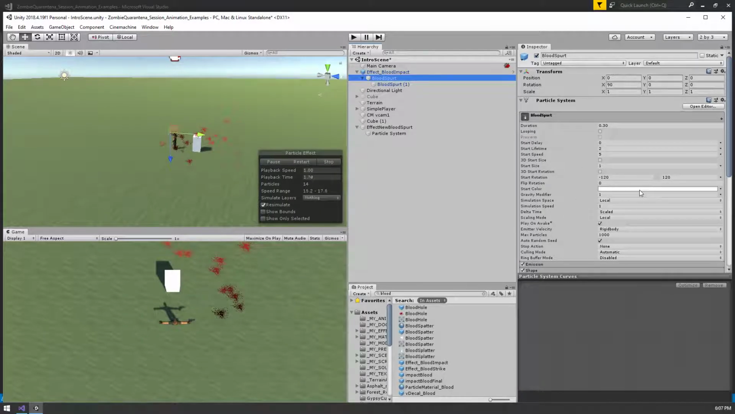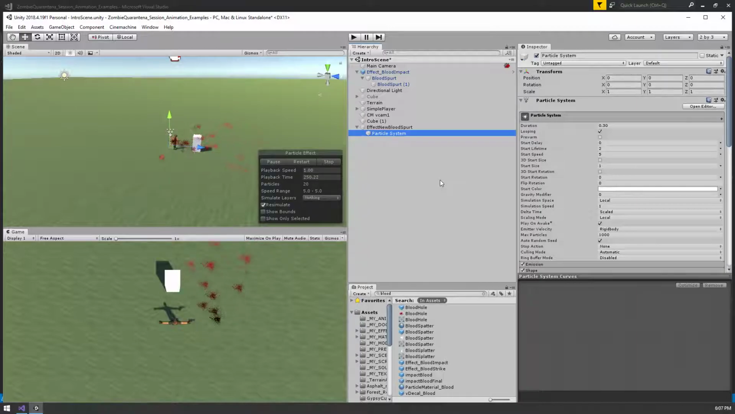And our start rotation here, we're going to set to random between 2 constants. So you can set the start rotation to be a single value, a constant. You can set it to a curve. You can set it to be random between 2 constants or random between 2 curves. Because of the way we're implementing this, I'm going to make it just random between 2 constants of -120 and